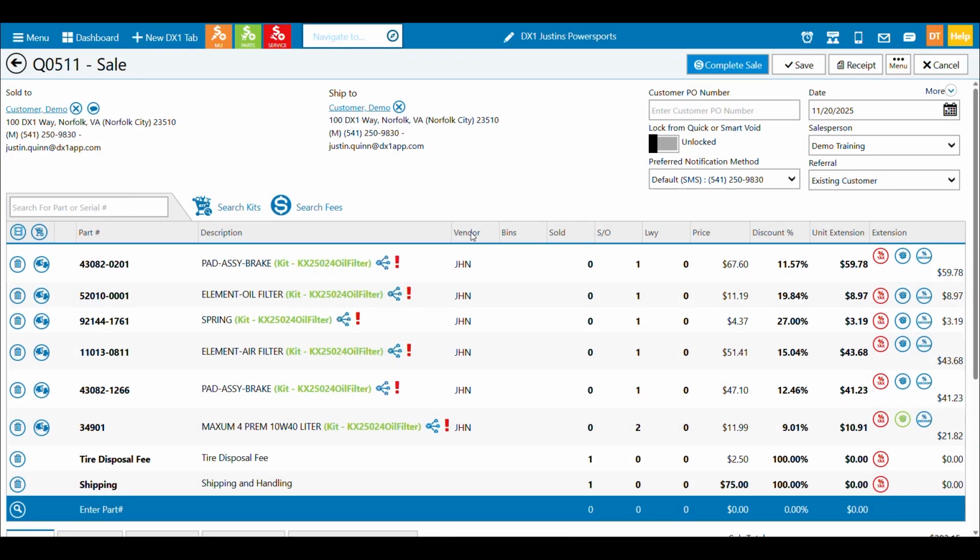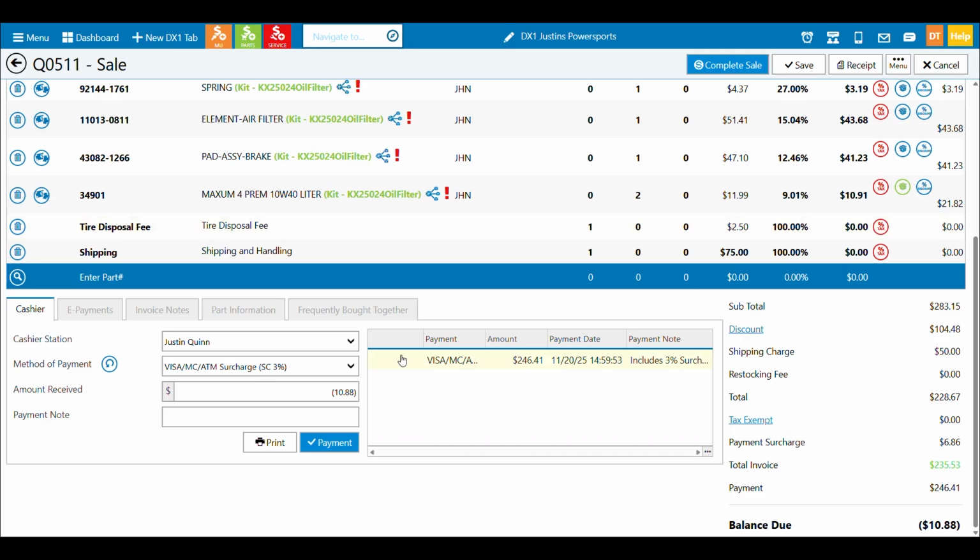Again, once I do those things, I can go in here and see now that I owe them a little bit of money because I gave them a better discount. I could refund it, again, hit save. So those are our components of a parts invoice. In upcoming chapters, we'll go into more detail about selling a part, special ordering, and layawaying parts.